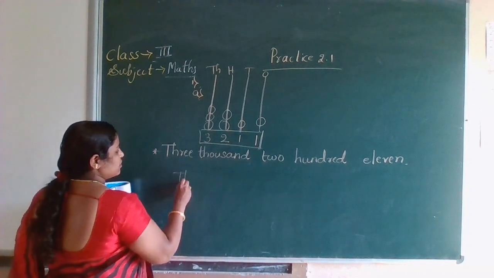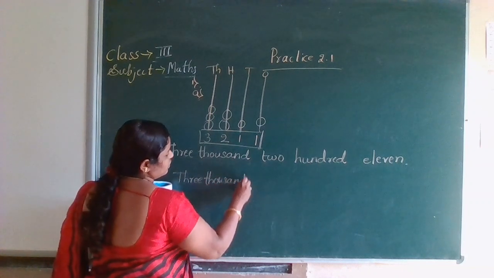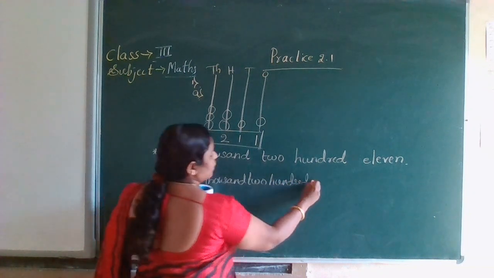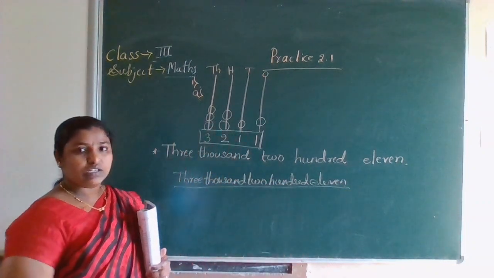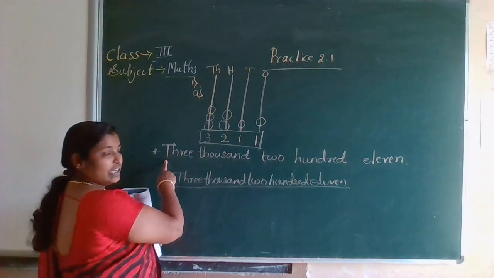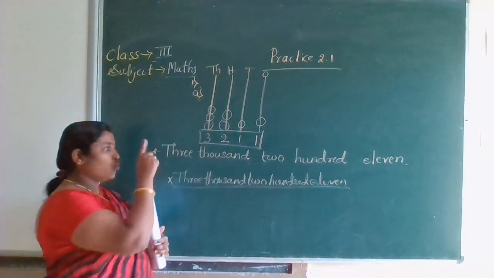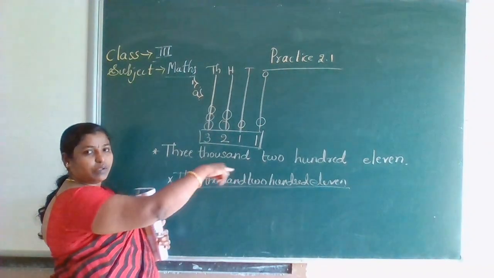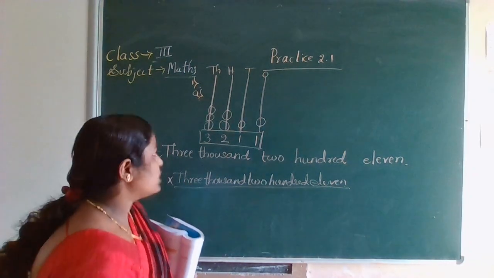Some will write like this. Can you see this properly? Where are the words? No, this is wrong. So your handwriting should be neat. First letter should be capital. In the middle you should not write capital letters. Only the starting place. First letter of your sentence should be capital, and remaining all should be small. Okay? This is wrong. This is correct. Okay? Second one.